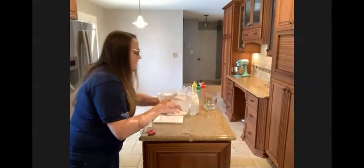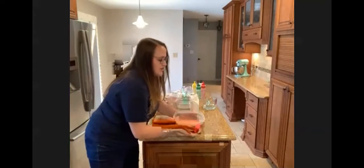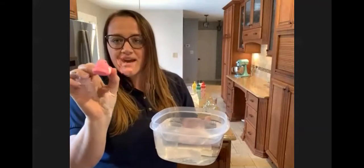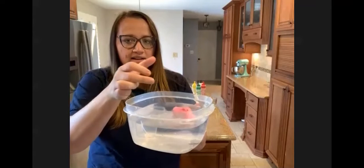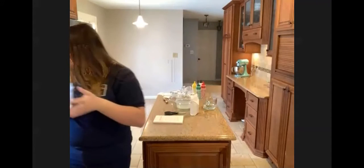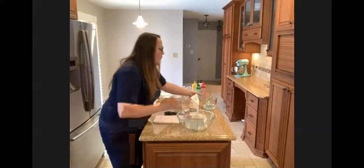All right, and our very last item we're going to try out to sink or float is just going to be one of those peeps that you may have gotten in one of your baskets this year, and we are going to see if it sinks or floats. So once again, make your guesses. 5, 4, 3, 2, 1, and it does float. All right, very good. Okay, now that we got our scientific minds warmed up, we are going to go into